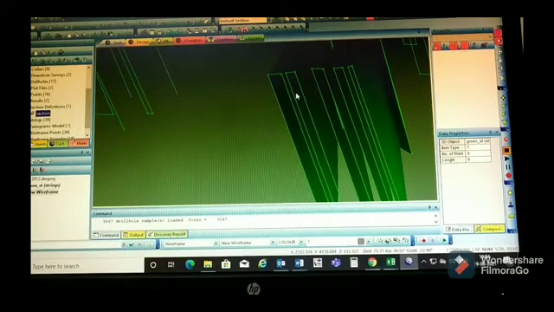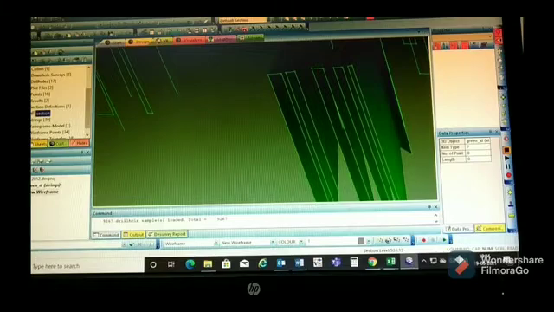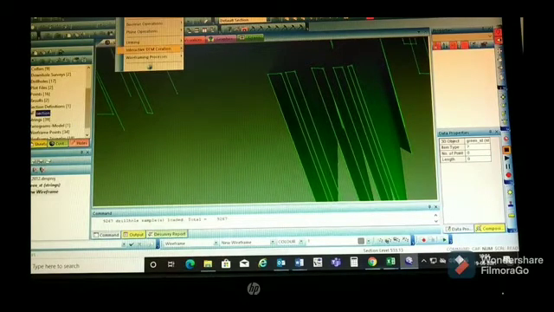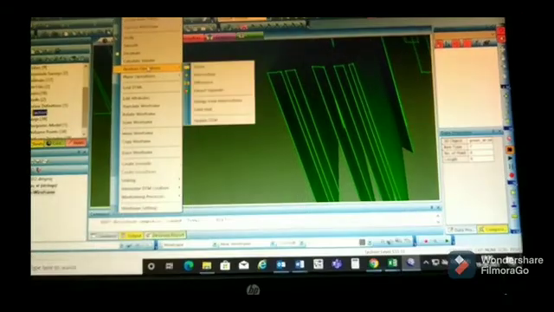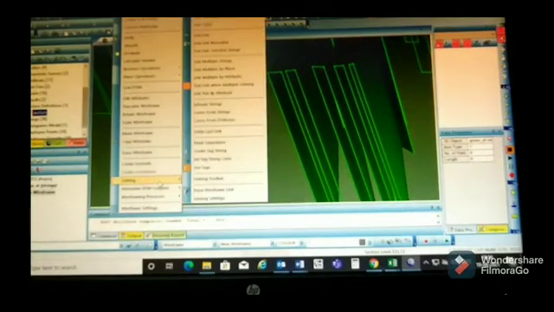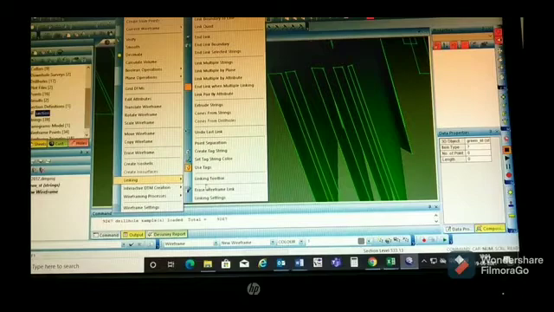For closing the end, we will go to wireframe, linking and end link. The command will be end link.